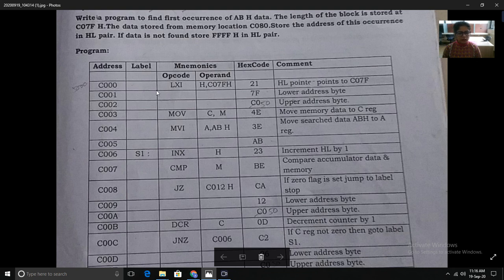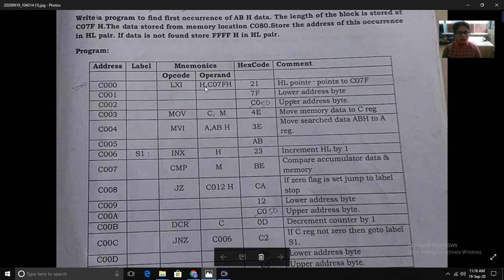Now the first instruction is LXI H, 507F. This instruction will allow us to point to this memory location and store the address in the HL register pair.